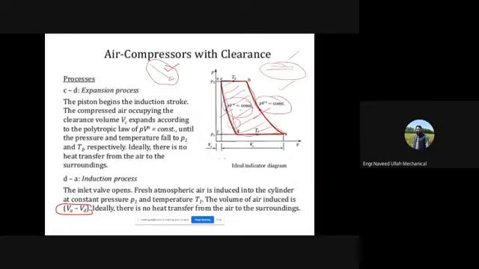ठीक है, this will be actually the work consumed by the compressor. Now you see here, बाकी चीज़ें तो आपको पता है कि इंडक्शन कैसे होती है, कंप्रेशन कैसे होती है और डिलीवरी कैसी होती है, किस प्रेशर के ऊपर स्टार्ट करता है. But this new thing is about expansion. How does this expansion take place? It is very simple. You know what happens is कि